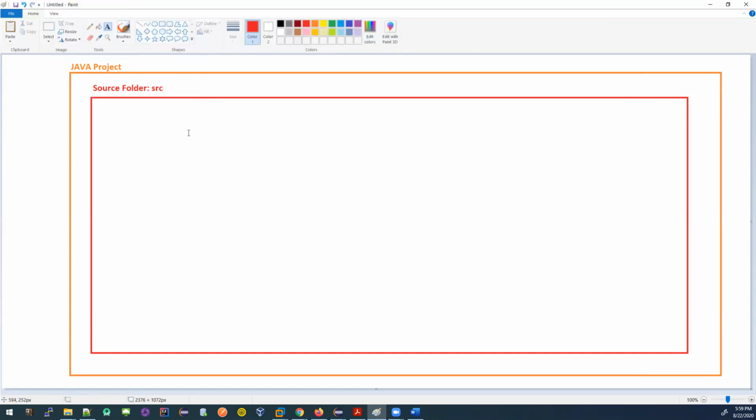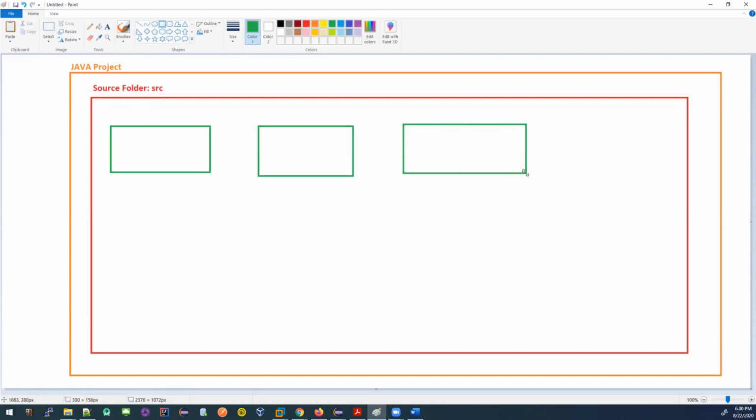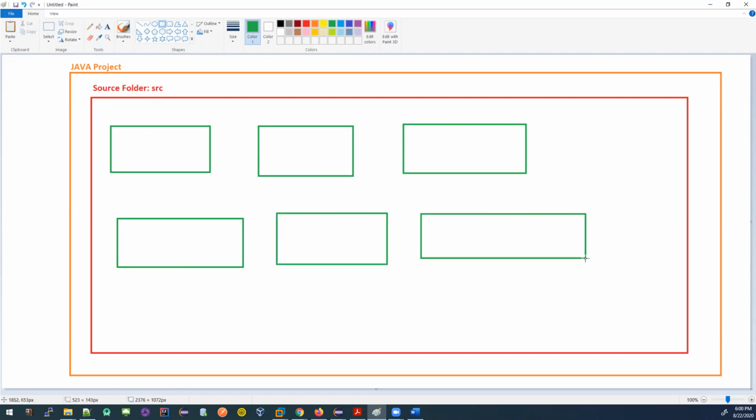You can change it. You can create many source folders. So by default, SRC. Now, inside this source folder, what can you do? You can create many packages. One package, two package, three. These are packages.